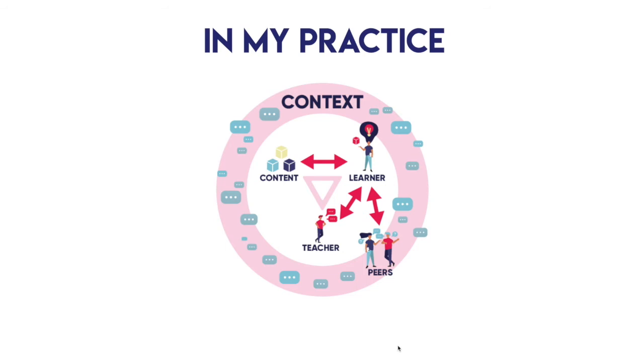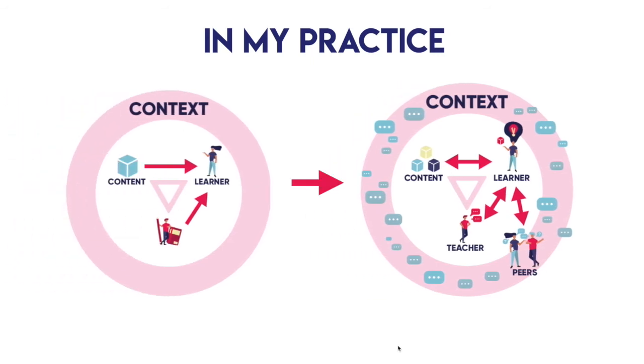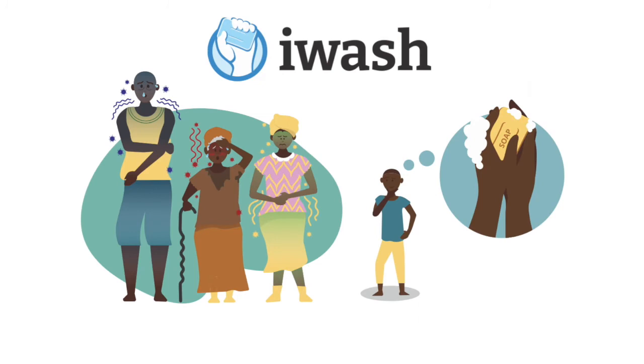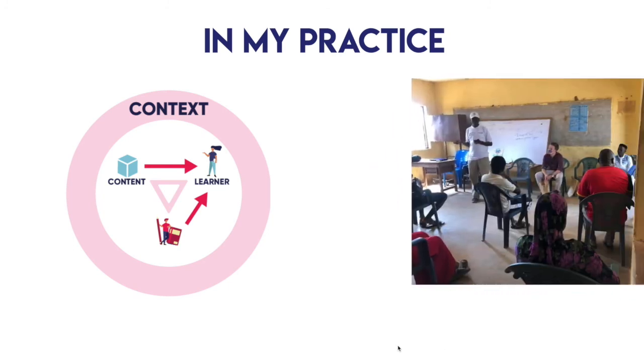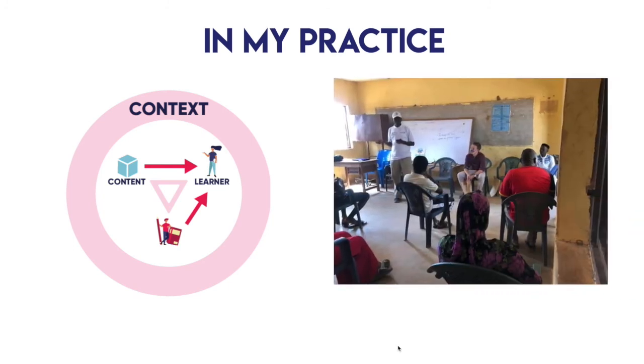I want to give you an example on the project I'm currently working on. The aim of the project is to teach why and how and when to wash hands and how to build solutions for washing hands more easily. However, now the way of teaching these things relies on telling the learner what is correct and what is wrong.